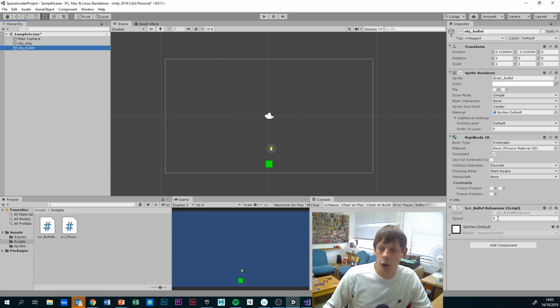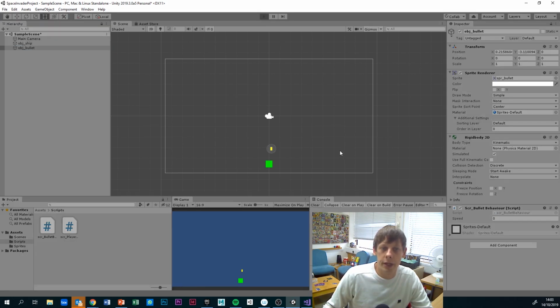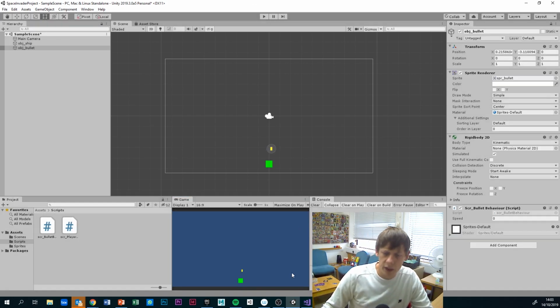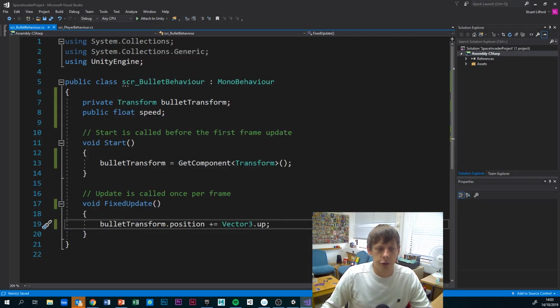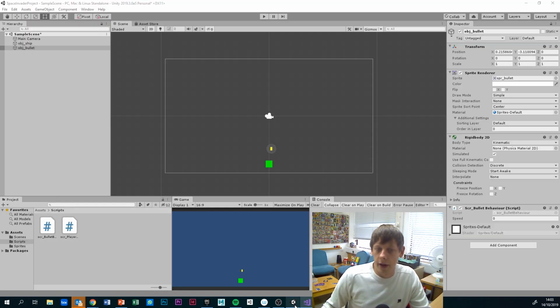So my bullet's got my script attached. If I hit play, hopefully we'll see it move up. Yeah, it did move up, but very quickly we couldn't even see it. So this is why within our script we need to multiply that by our speed. Hit save, and then I'm going to head back into Unity so that from the script component I